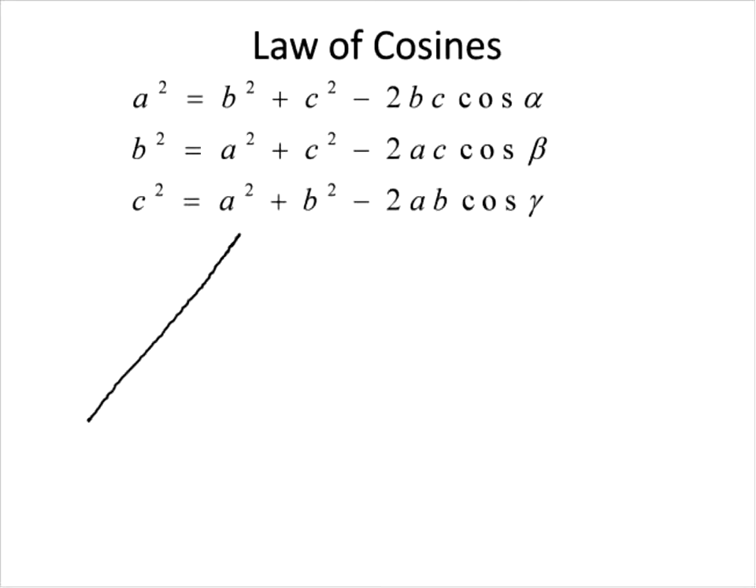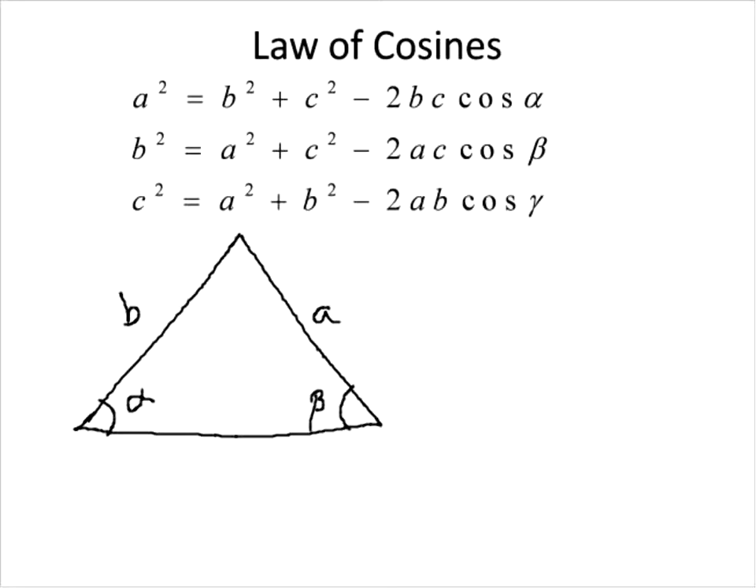So let's say I have a little triangle here. I'll label this angle alpha, which means that side opposite is A. I'll label this angle beta, so the side opposite there is B, and I'll label this angle gamma, so the side opposite that is C. Now, all they're really saying here, and these formulas look complicated, but remember they're on your formula sheet, is